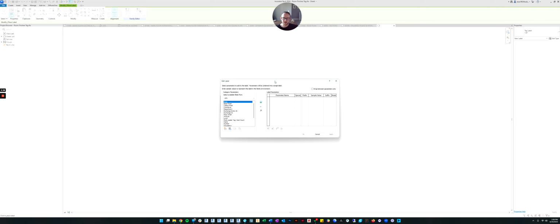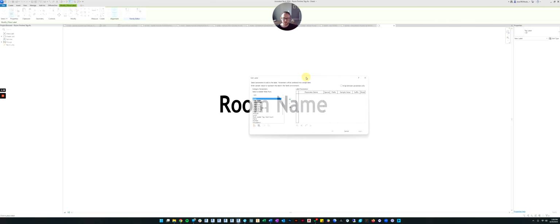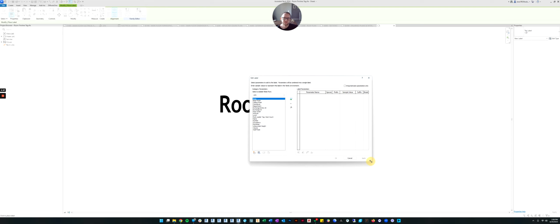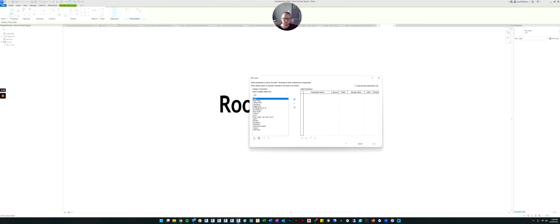And you'll click inside down where you want to place the label, and then it'll bring up this dialog box. And what's listed here, it's similar to a schedule. Do you remember the parameters and we just put them into the schedule? You're doing the same thing with the label.